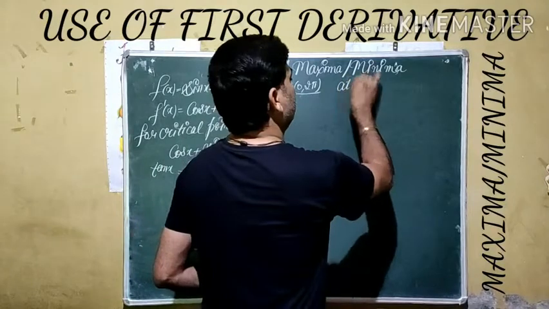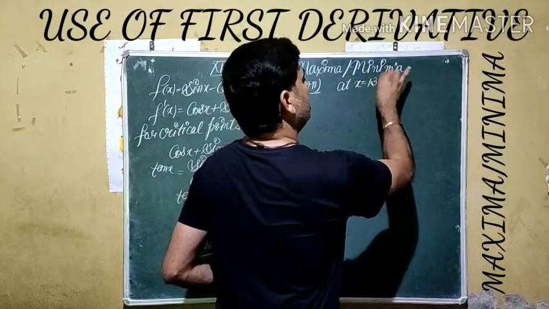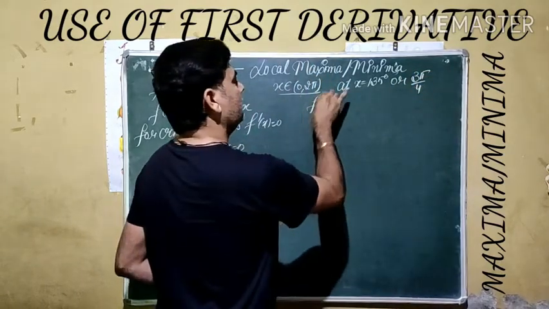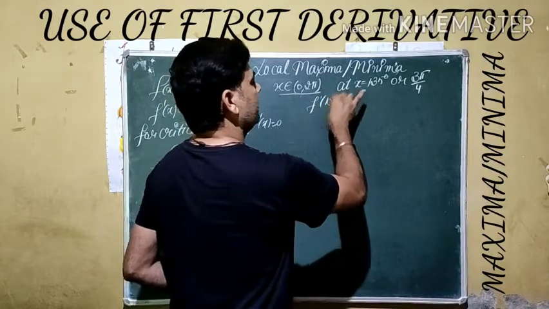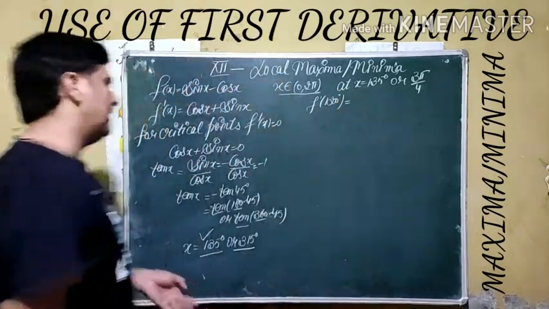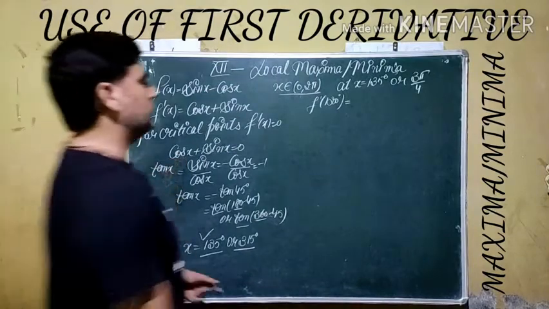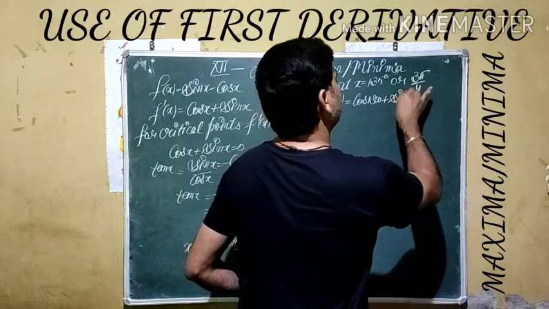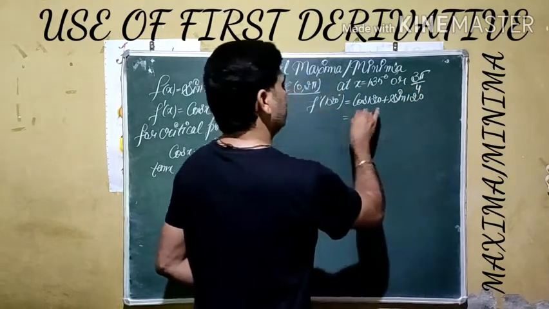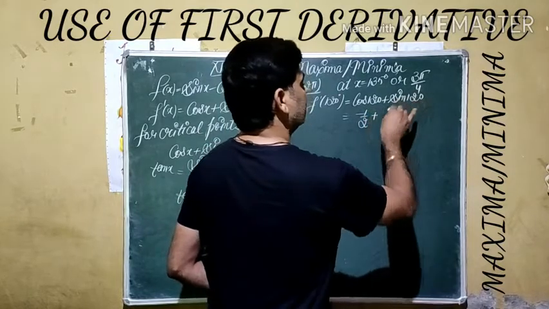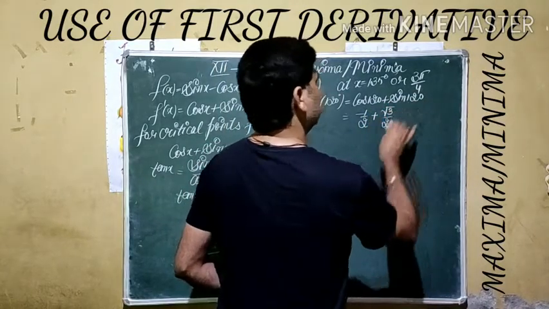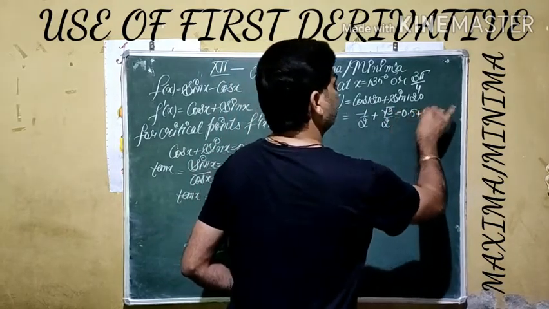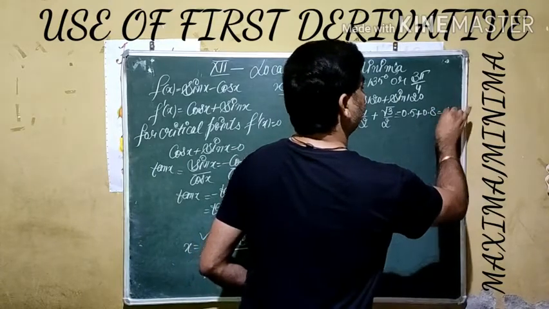So the first testing point is at x is equal to 135, which means 3 pi by 4. First of all, for the left side we check a value of 120 degree. 120 means second quadrant. If we use it in our first derivative, cos 120 plus sin 120. We can simplify and get cos 120 as minus 1 by 2 and sin 120 as square root 3 by 2. The approximate values are 0.5 with negative symbol, and 0.866. So the answer comes out positive.